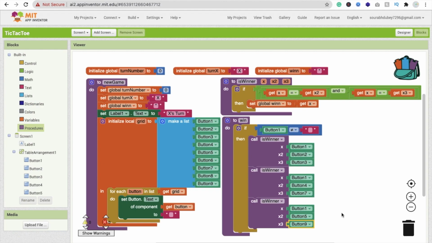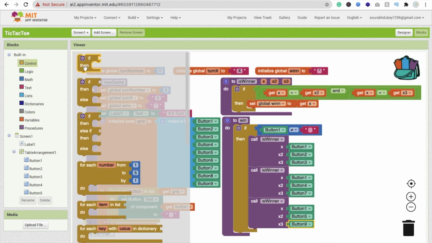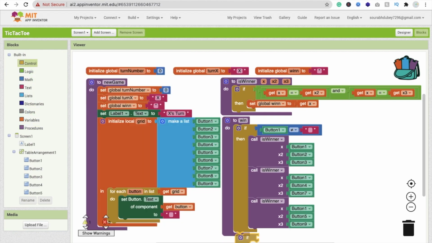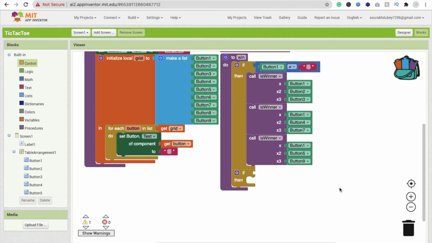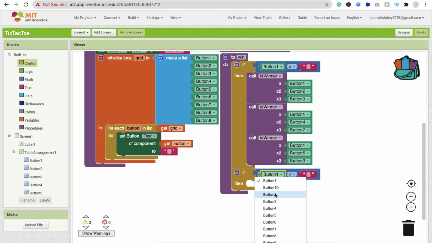Now we have to check another, that one button 2. So I'm using here another if else, this control if, and use this one here like this. Now I'm going to do this and just copy this condition here, full condition, like this, and we have to check the possibilities from button 2.